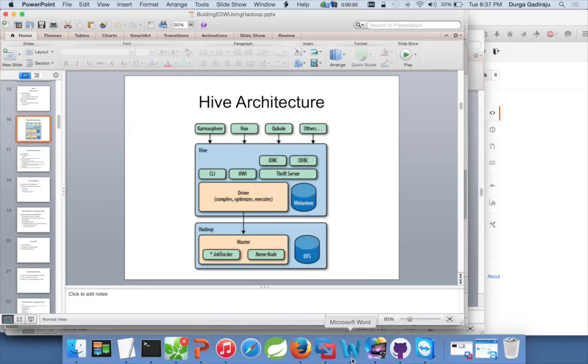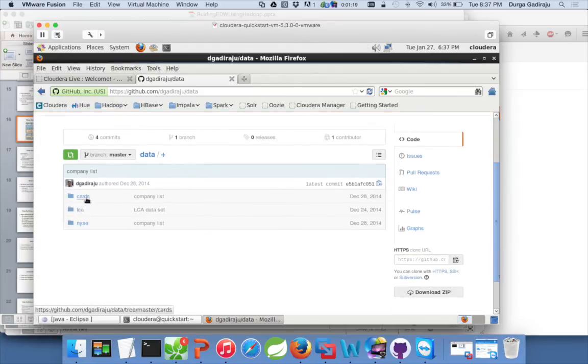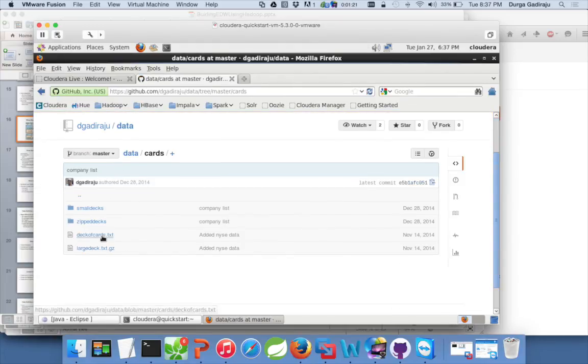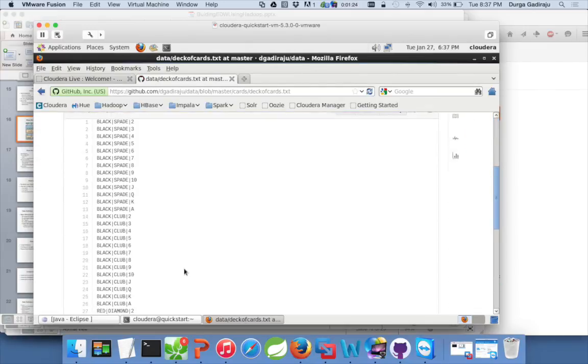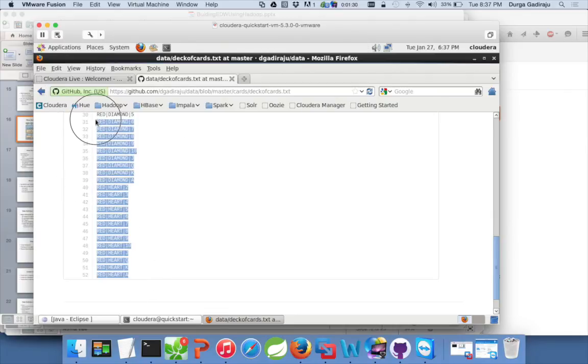So again, I'm going to the Cloudera VM, and most likely, if you have internet access, you should be able to access the internet using Mozilla Firefox in your Cloudera VM. You can see the Mozilla Firefox icon on the top. You can click on that and it will launch Firefox if it is not already open. And you can give this path, github.com/dgadiraju. You can click on data, and in cards there is a sample data file called deck of cards.txt. So you can copy this 52 row deck of cards